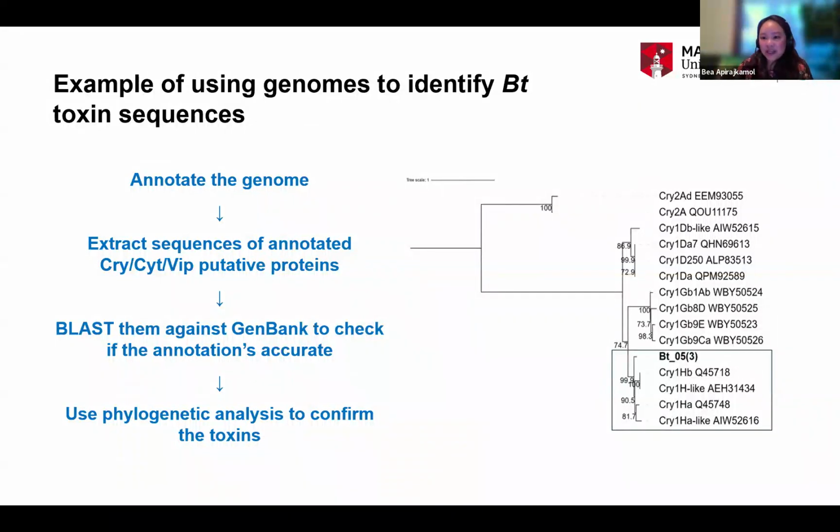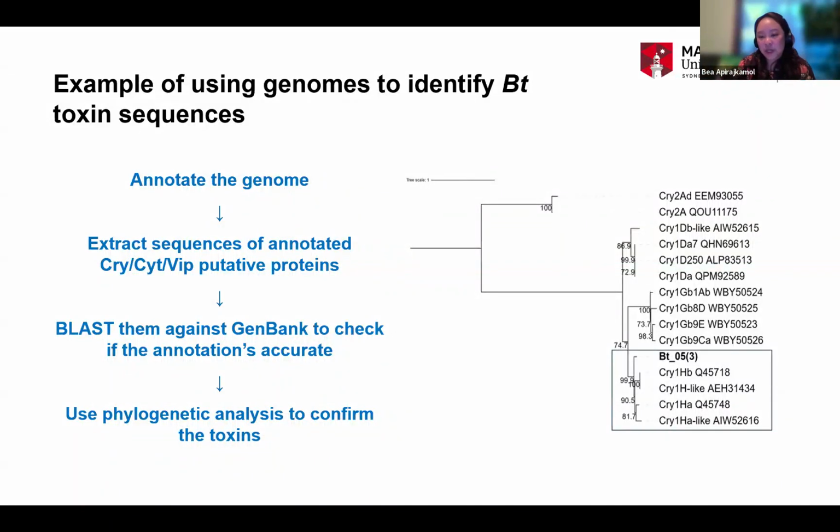It matched so many cry toxins. It could be cry1H, cry1G, or cry1D. And how do I identify which it actually is? So I use phylogenetics to help confirm what toxin they are. And from the phylogenetic tree, I found out that BT053 is actually cry1H, and we still couldn't identify whether it's